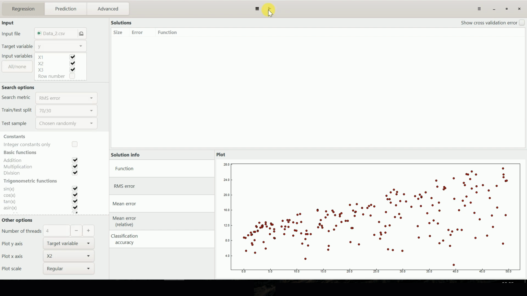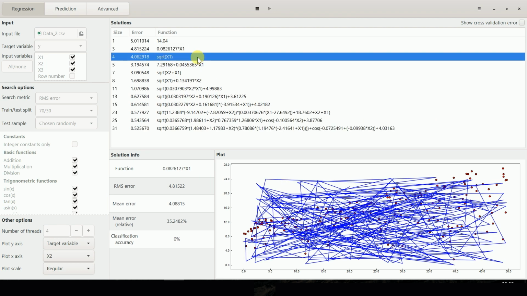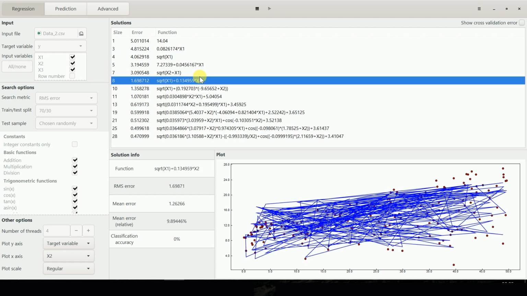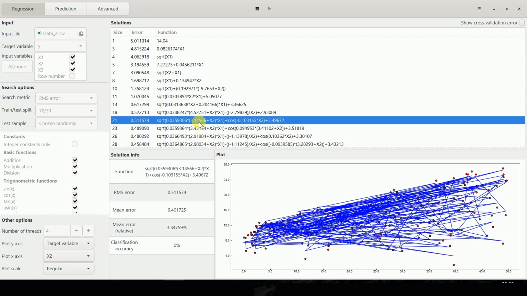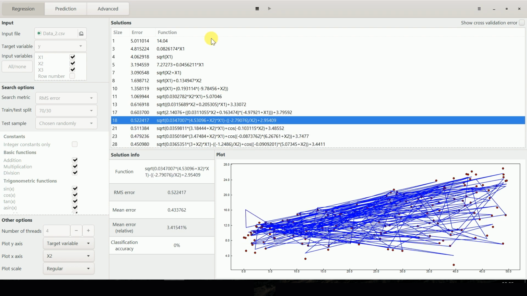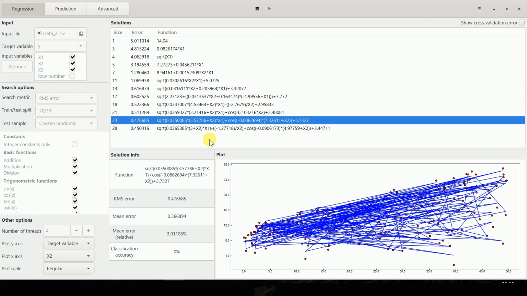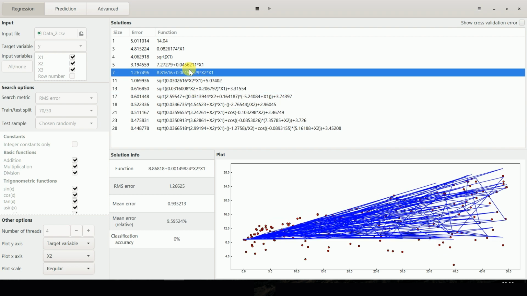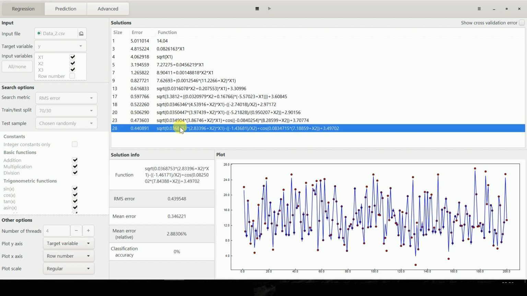So what you're seeing right now is symbolic regression in action. Firstly, it kickstarts the activity by adding a constant. Next up, it adds the first feature and it tries different variations of the first feature by adding a square root, and then adding a bias and so on and so forth. So in this manner, it's kind of trying to realize the most accurate value of the functions or the features taken into account, and it's trying to reduce the error. The error that we've chosen is the RMS error. So as you keep going down, the RMS error would keep decreasing. So this is the power of symbolic regression.